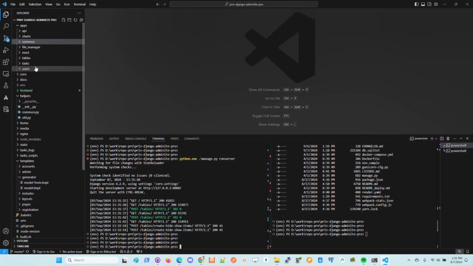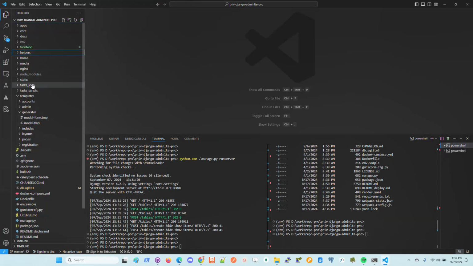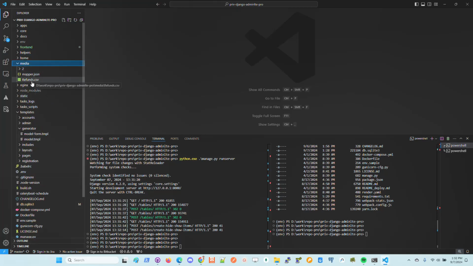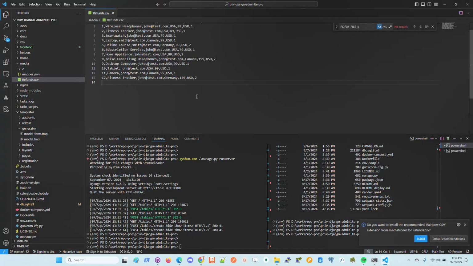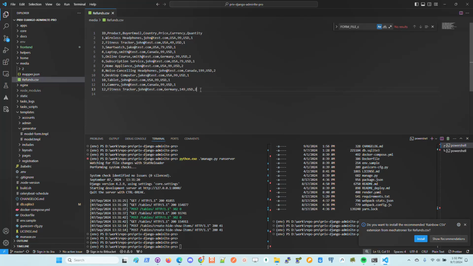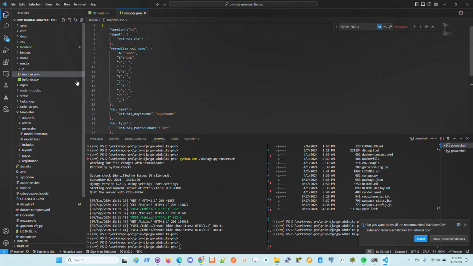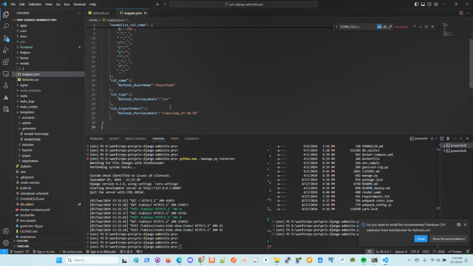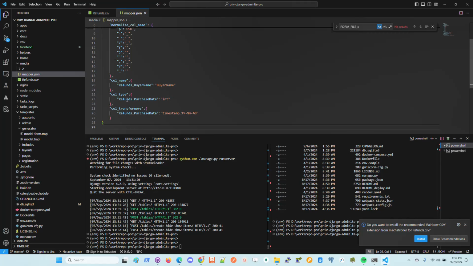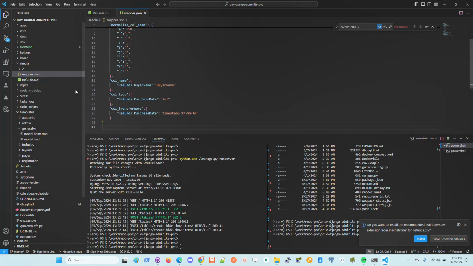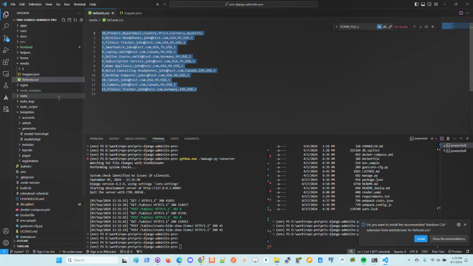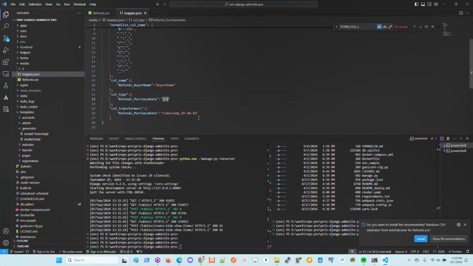Okay, the CSV needs to be in the media directory, and for this demonstration I will use refunds.csv, which is a super simple CSV with some information. There is also mapper.json, which is a file that helps to configure a few things regarding the CSV, such as the column type. You can specify, for instance, if you want to process a specific column as being integer, or you want to